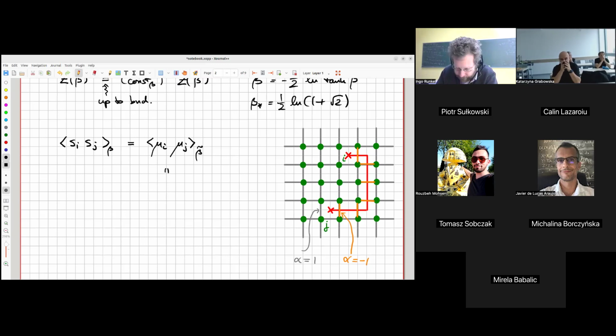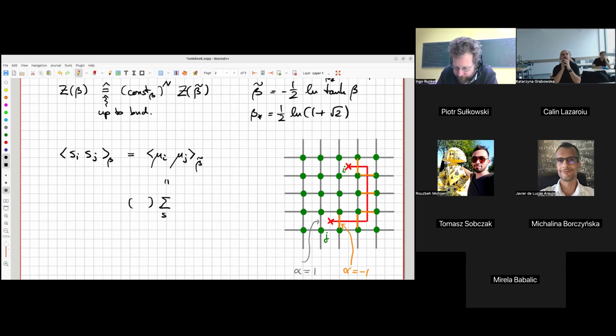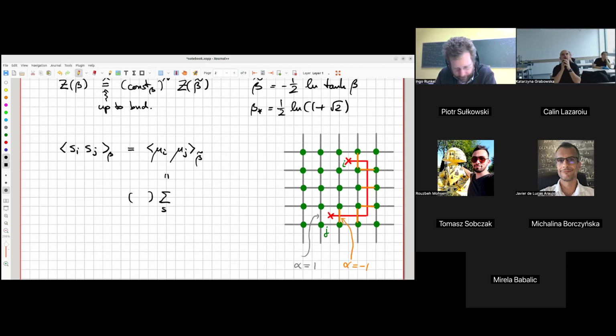So that is equal to, well, this prefactor, which we already had up here, which I'll not repeat, then the sum over spin configurations, and the product over nearest neighbors, and now I change the energy functional. So I have the dual temperature, and then I get alpha ij times si sj. And this alpha ij can be +1 or -1, depending on whether the corresponding bond between the sites i and j gets crossed by my red line or not. Right? Does that make sense? So I've introduced this disorder in my system.